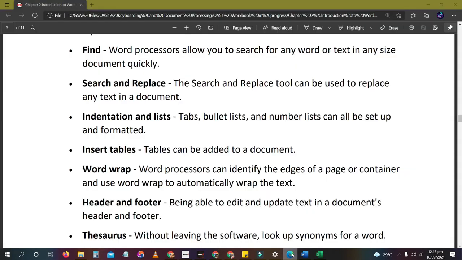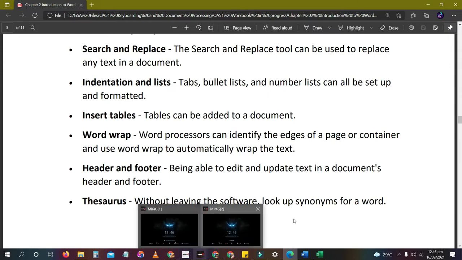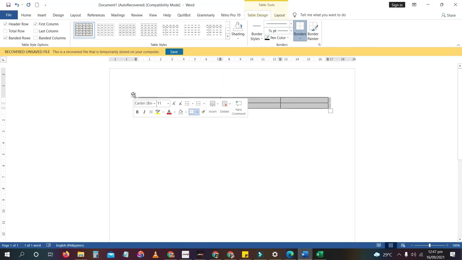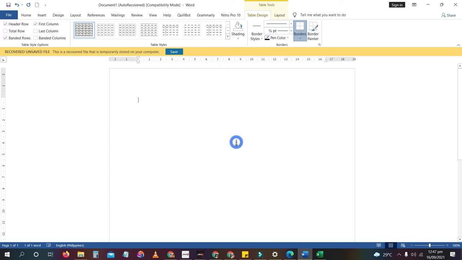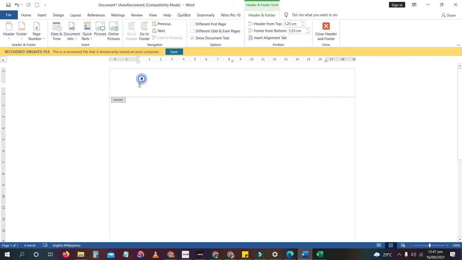Okay. And we also have header and footer. Being able to edit and update text in a document's header and footer. Header and footer is where you can add logos that you don't need to place on every page. You can just double click the header and place it there. For example,